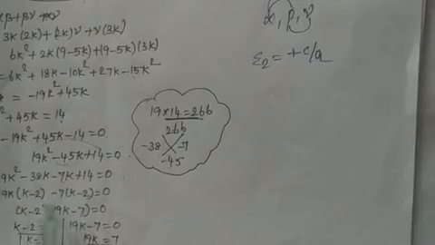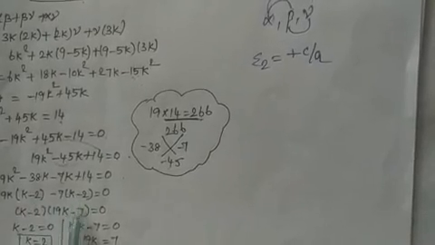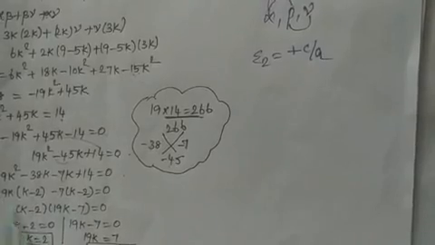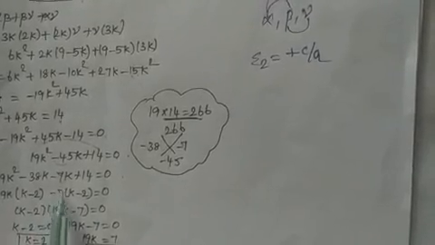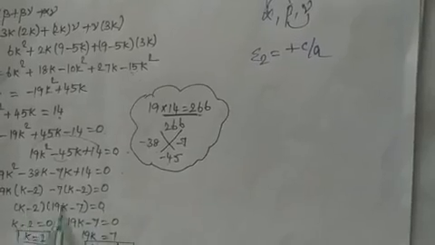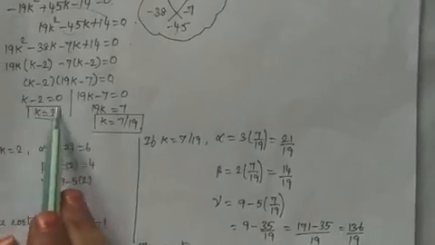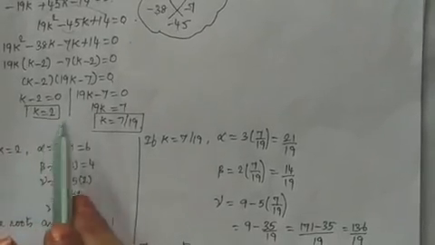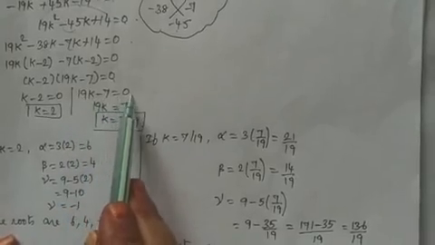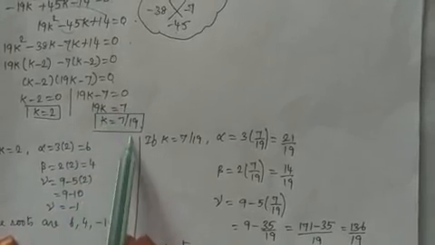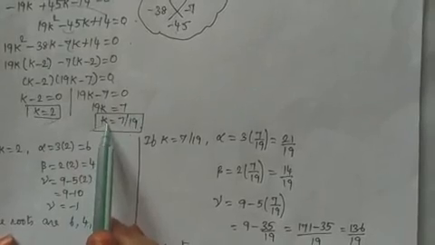Now see the first term and the second term. k minus 2 is common. Take k minus 2 as common. So here 19k will be balanced, minus 7 will be balanced. Now equate these two factors separately to 0. So k minus 2 is equal to 0, so k is equal to 2. Here 19k minus 7 is equal to 0, so k is equal to 7 by 19. Two different possibilities are there for k.